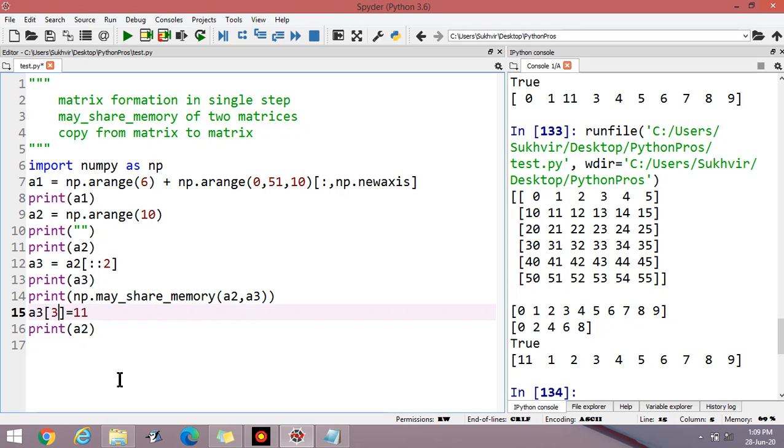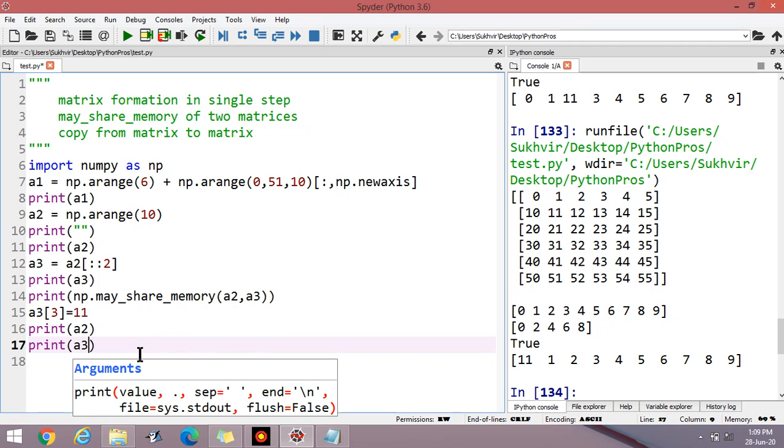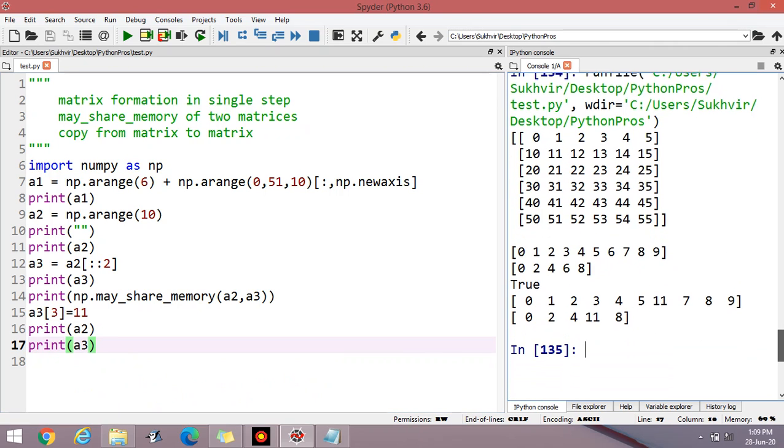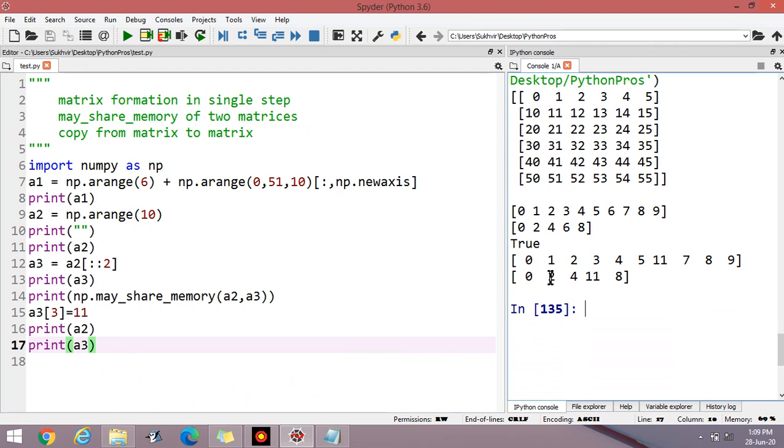Suppose I am writing 3 here, and check both the arrays. 11, 0, 2, 4, 6. Basically 6 lies here, and 11. There is a change here. Here we apply some step factor.